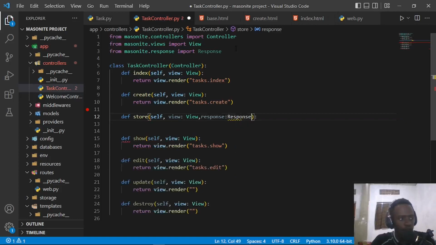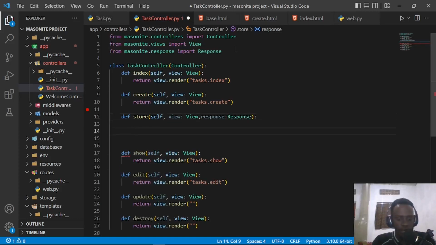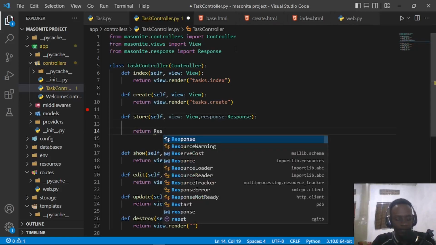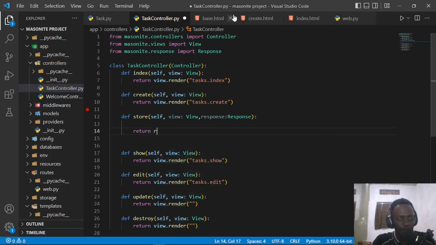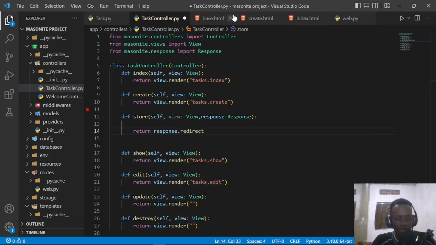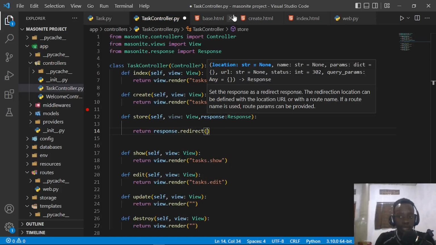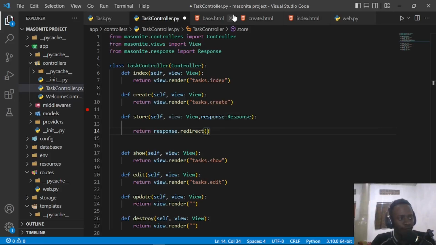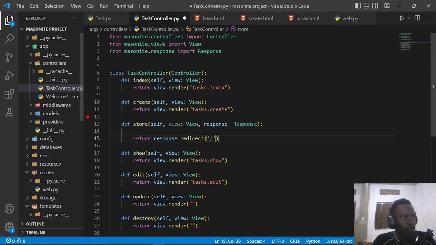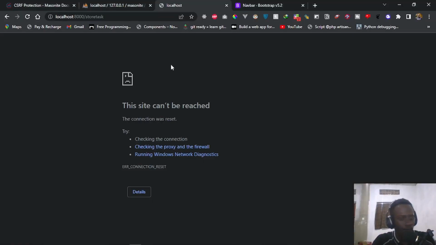So our response is going to be of type Response, and if we want to redirect to any page, all we have to do is to say return response. It's actually going to be return response.redirect, and then we specify the specific function we want to redirect to. So now in this case, this is actually going to be our home page. So we may just say redirect to the home page and save. And when I save, I'm going to go back to our template. So when I refresh and continue,